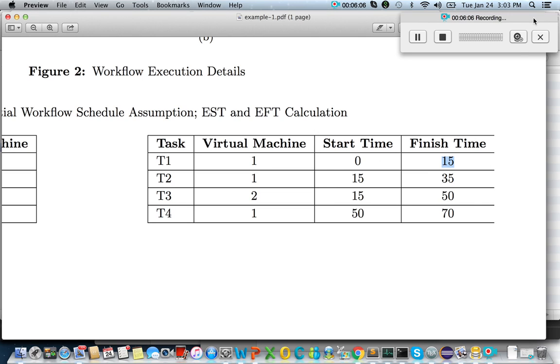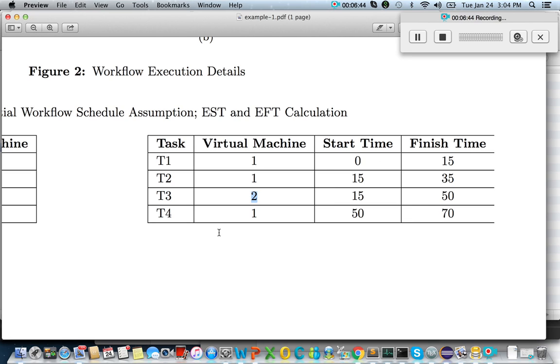So the code will detect that this is a new machine, and hence we have added 5 minutes of provisioning time to the execution time, and we show it here. Whereas for task T2, it is already using the existing machine, so I have not added any provisioning time there. And for task T3, because this is a new machine, it automatically adds that provisioning time of 5 minutes. And for T4, we don't add any